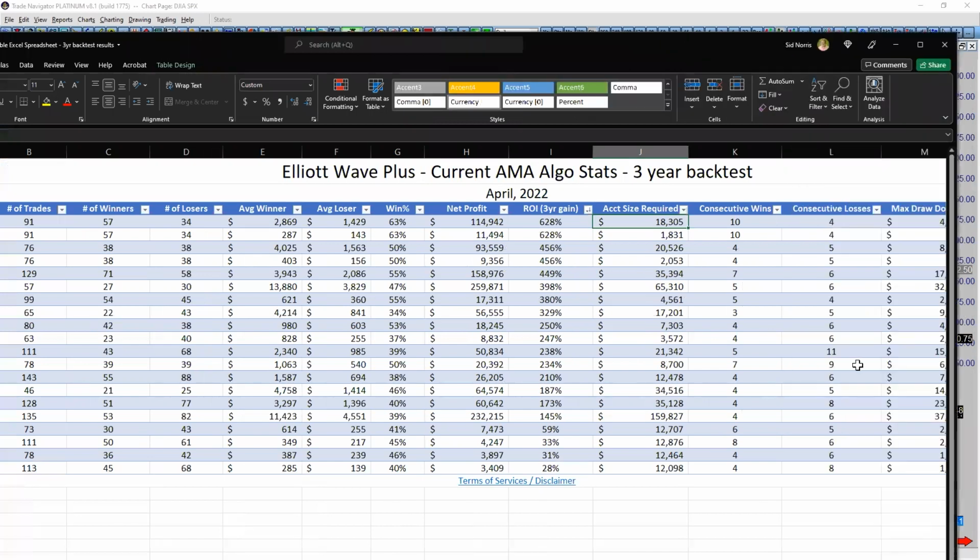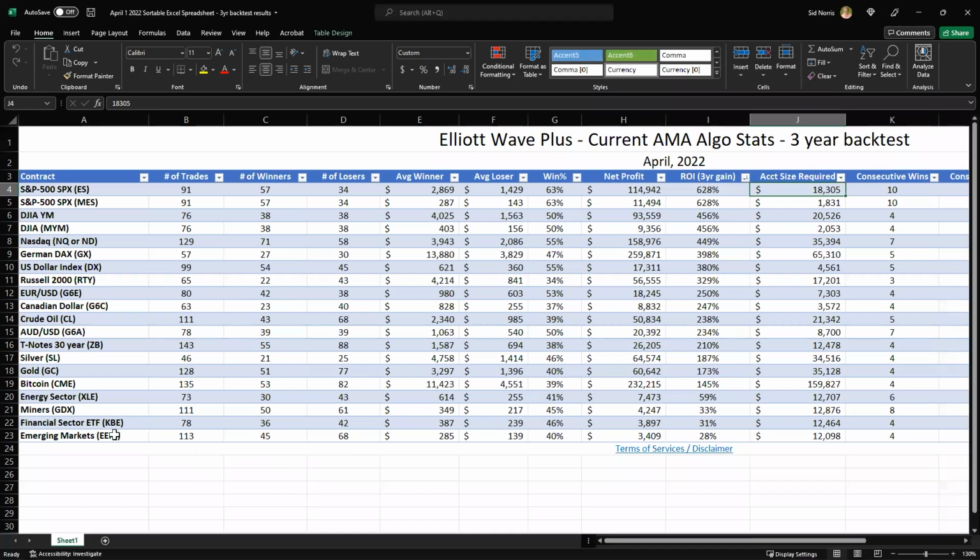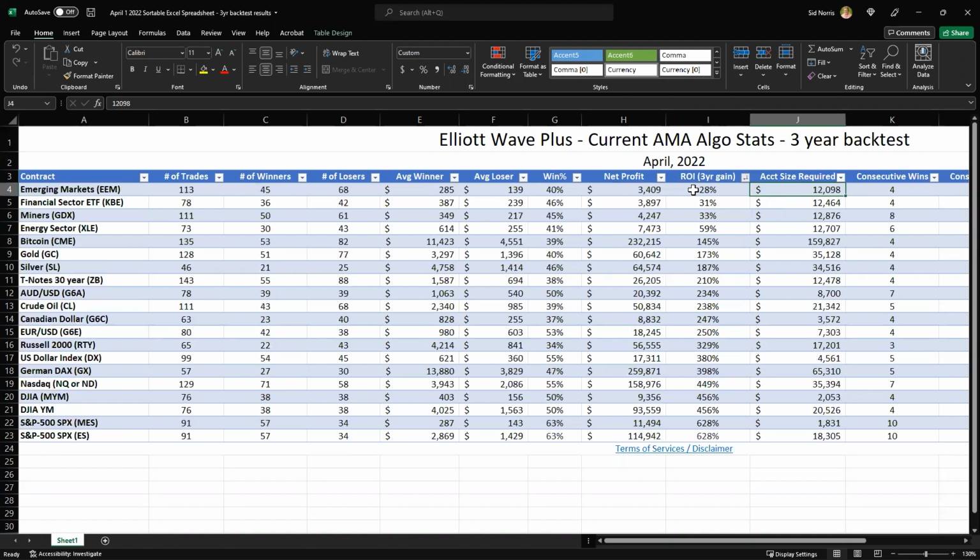On the S&P, not so much on some of the items down here. For instance, emerging markets, only 40% winners there. Bitcoin has dropped off, only 39% winners, so on and so forth. But the most important category is return on investment. And you can see that this is a live sortable spreadsheet. So I can go from worst to best on return on investment, or I can